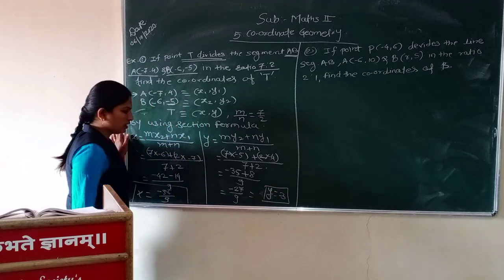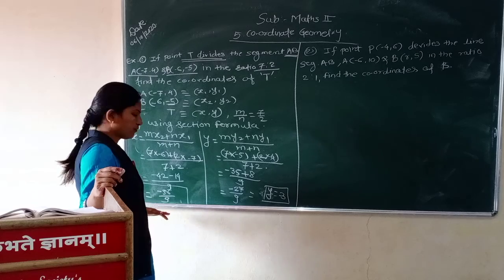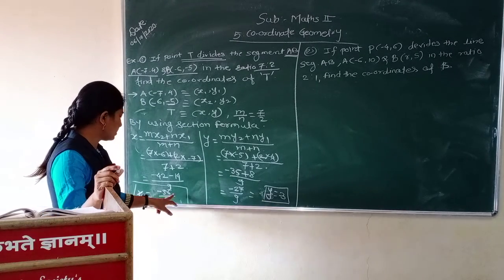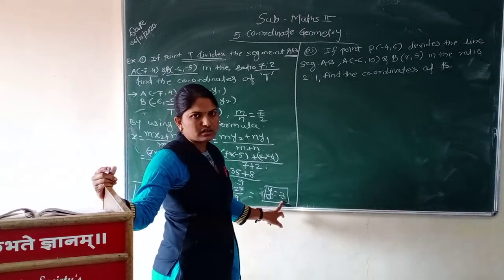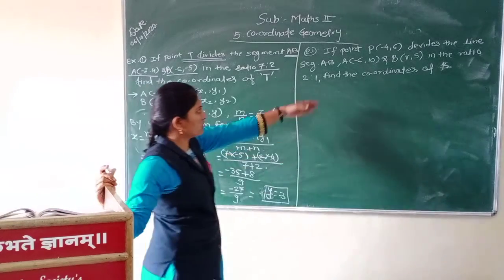You have to write in words. Therefore the coordinates of point T are (-56/9, -3). Understood? Then the next question is,